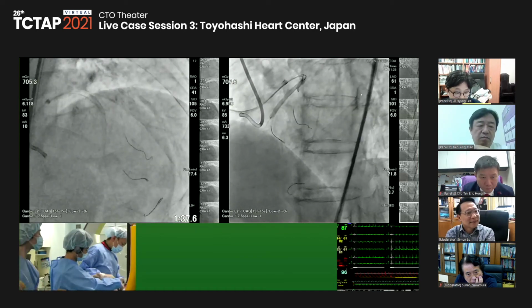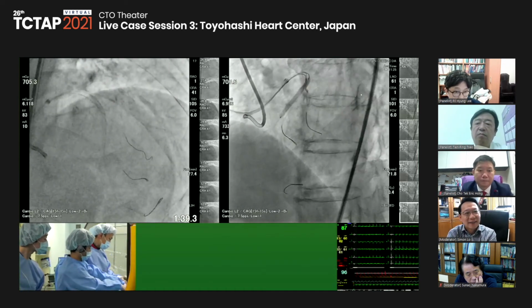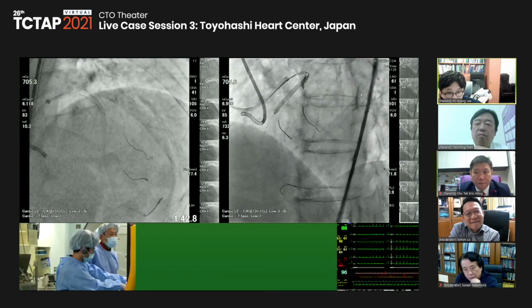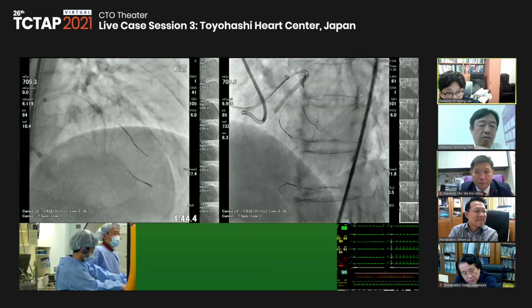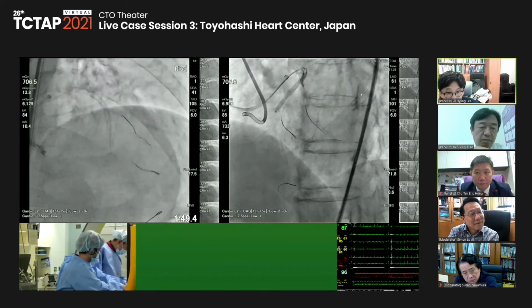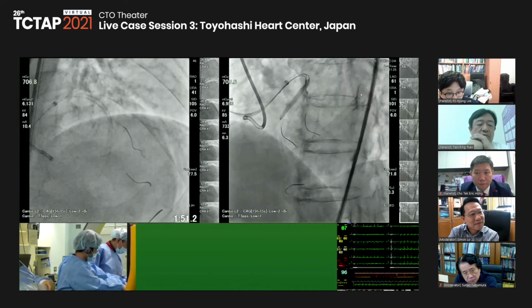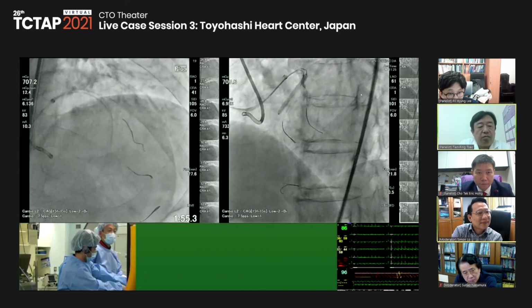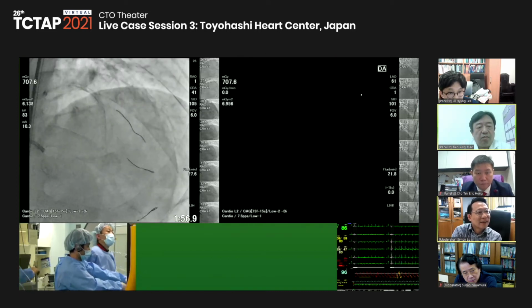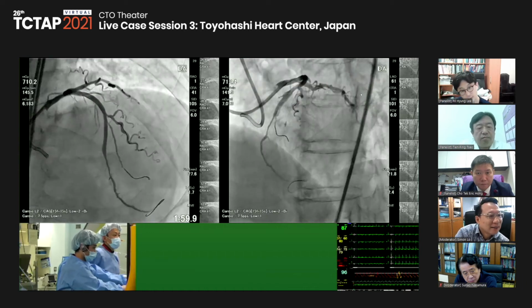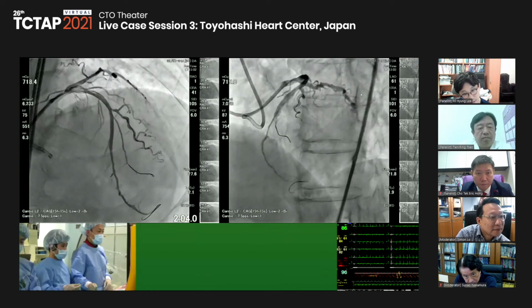You mean the angiogram now, right? Yeah, maybe if the diagonal is compromised, then it's better to wire it first before post dilating. Yeah, of course. Now I want to select the diagonal before post dilatation. It's okay. Nice. Fortunately, the second diagonal is also okay.